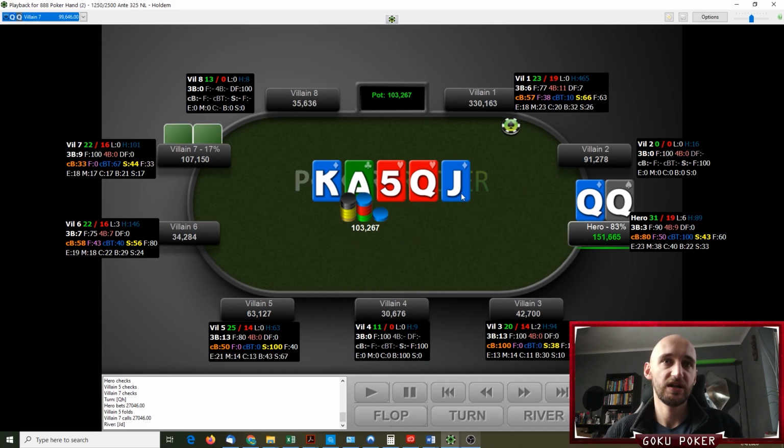The river is a jack. So now any 10 makes a straight. But does the villain have many 10s in his range? Sure, he will have some. Maybe pocket 10s is a good example of a 10 he will often have here. But would you call pocket 10s on the river? Probably not. More likely hand would be ace-10, I think, here. So I don't think we should bet here,